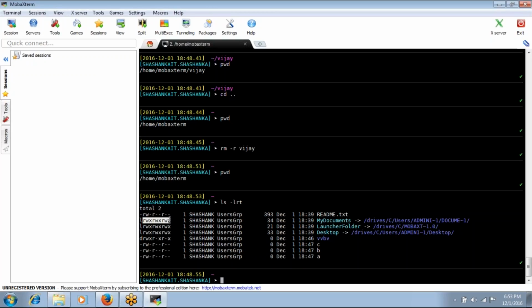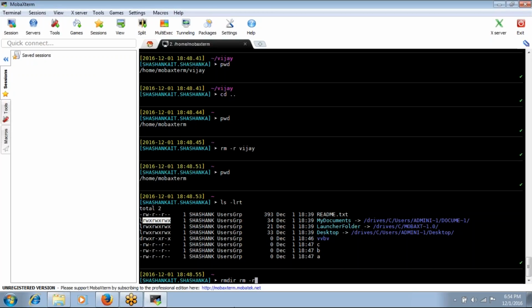In the same way, rm -r recursively deletes directories. The basic difference between rmdir and rm -r is that with rmdir, if you want to delete a directory, we should make it empty first, and only then can we delete it. rm -r is not like that. Even if you have files and directories inside, it will work recursively from the lower level to the higher level, delete the files one by one, and finally delete the directory automatically by its own.